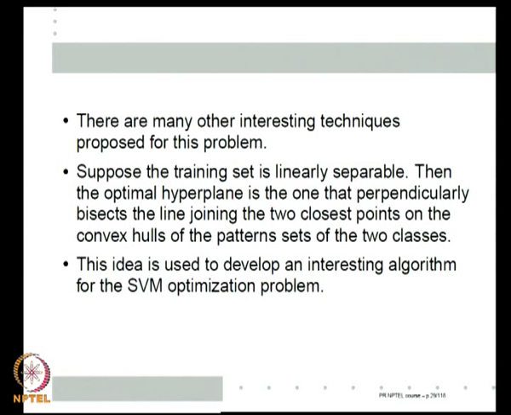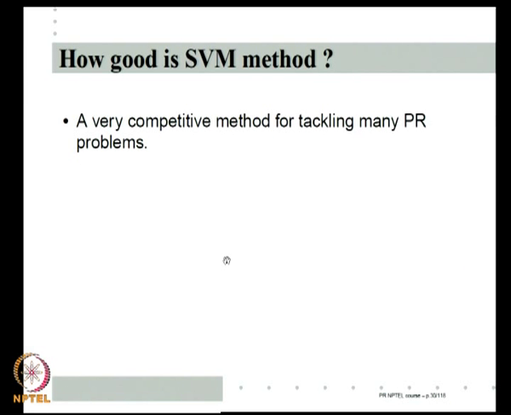Okay. So, we stop there, and we have considered the entire support vector method for both classification and regression. We will see some generalizations of the kernel idea, but before that let us ask the question, now that we have considered one more method for learning nonlinear classifiers, how good is this? As it turns out, it is a very competitive method for tackling most PR problems. Today, the state of the art is such that if you are trying out an off the shelf algorithm on your problem at the first cut, unless you have very good reason, you have to first try SVM.